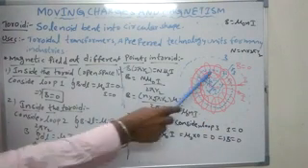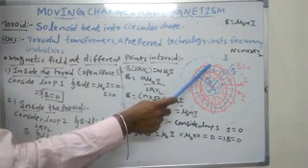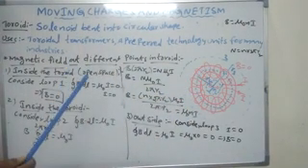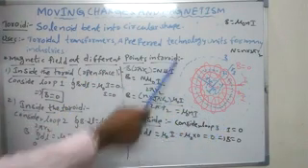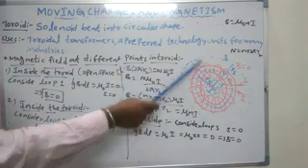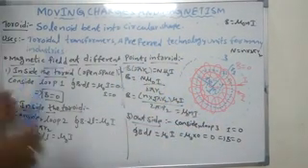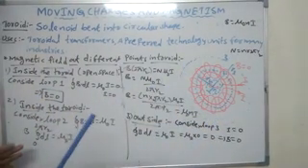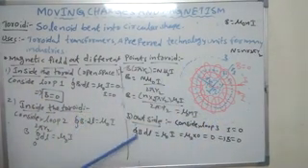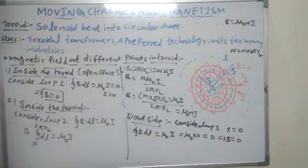Once again I am telling. Below the surface, suppose current is entering into the board, and above the toroid surface the current is entering out. Now the resultant current enclosed by this Ampere loop, how much? However many times current is entering in, that many times current is entering out. Then the resultant current enclosed by this third Ampere loop is 0. Then from Ampere's circuital law, closed line integral B dl is equal to μ0 I. I is 0, then B is equal to 0. Means outside the toroid, magnetic field is 0, because current enclosed by the Ampere loop is 0.